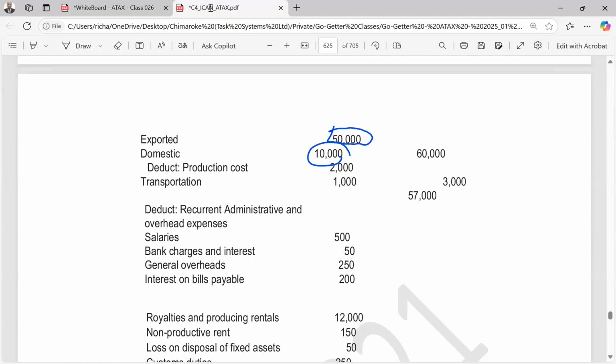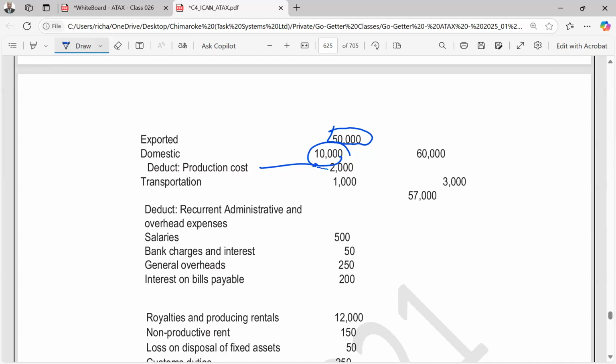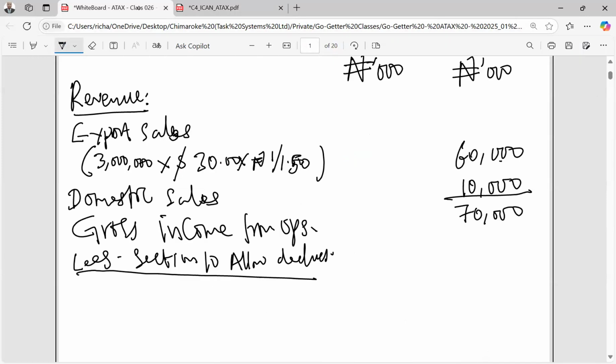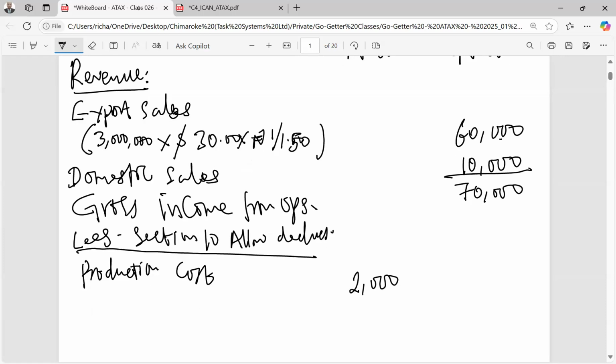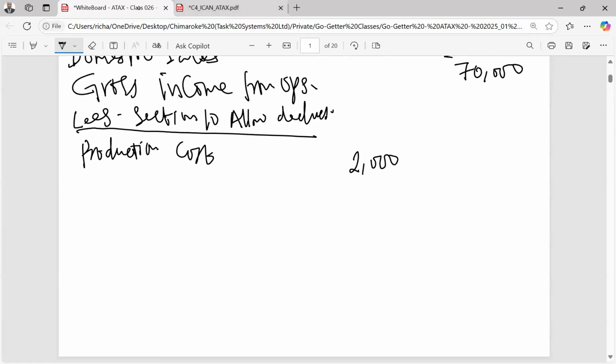Production cost is 2,000. So we take production costs 2,000. Now note here that I'll write it here. 2,000. The next one is